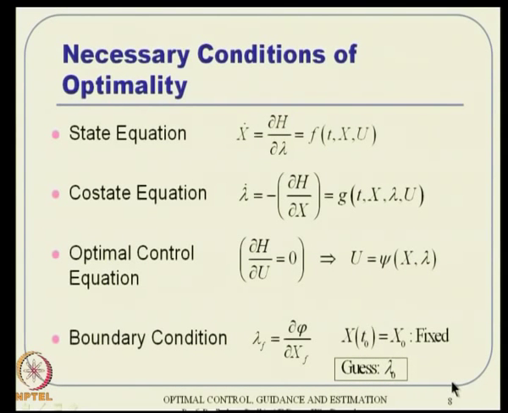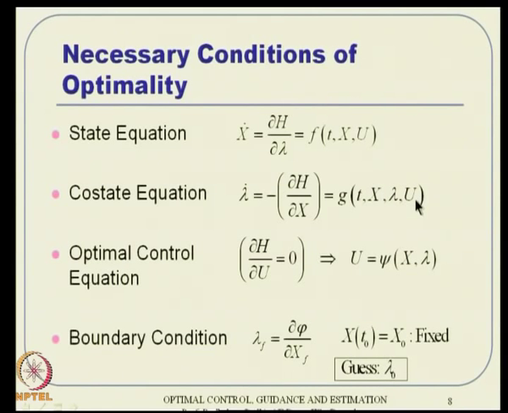So, give some special emphasis to guessing a good value of lambda 0. But once you guess it, remember, for a while you can ignore this, and note that these two differential equations have corresponding initial conditions available. So, I can take this initial condition and integrate these two equations forward, the state and co-state equations, because u I have already eliminated in terms of x and lambda. So, these two are functions of x and lambda only. I have two sets of differential equations and two sets of initial conditions actually. So, I can use this and integrate it forward.